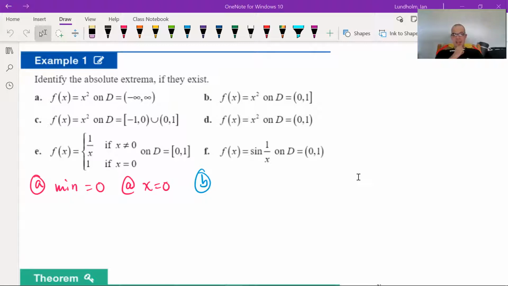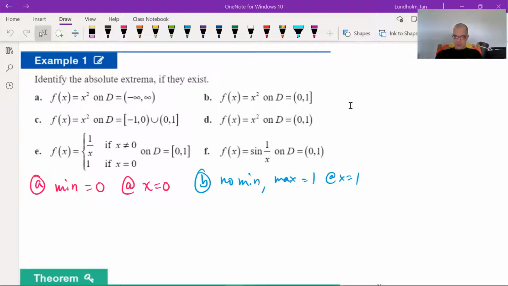Okay, now we're looking at x squared again, but we've got half open, half closed interval here. So if we're thinking about a minimum, we don't really have a minimum. We would always approach 0 from the right on this interval, but we would never get to 0 as a y value or 0 as an x value. So I would say no minimum here, but we do have a maximum when x equals 1. So max is 1